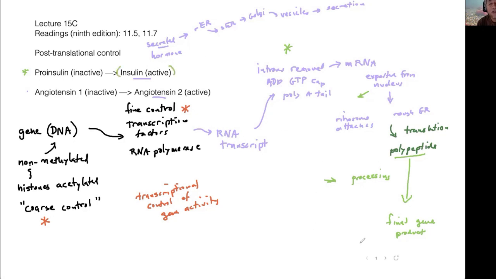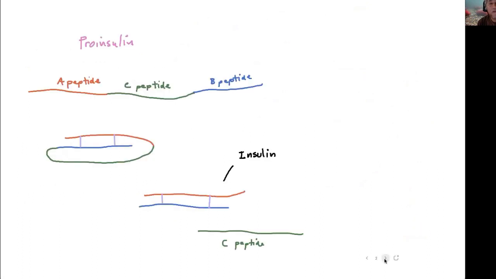Well, in the process of making insulin, I've got a slide here for that. This is basically a reproduction of that thing that we saw in the textbook. We're starting off with an inactive version, proinsulin. This is the whole polypeptide, A, C, and B. There's a reason why C is in the middle. We'll talk about that later. But the inactive version is a long polypeptide